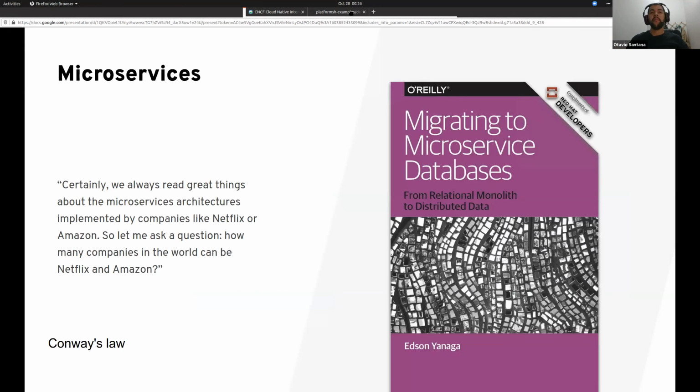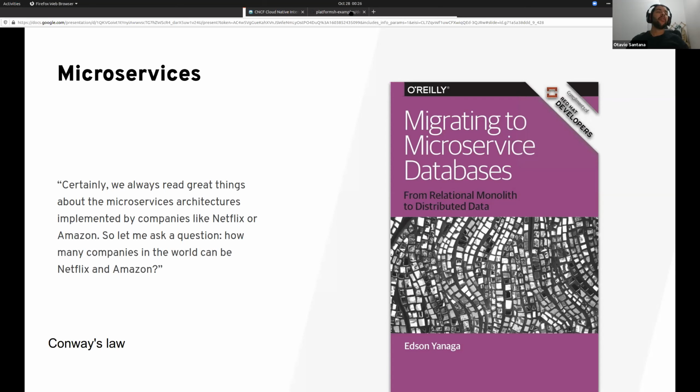I previously mentioned microservices. And here you go, there's an amazing book from Edson Yanaga, a friend of mine, who right now is working at Red Hat. And he says that just because Netflix or Amazon decided to use it, that does not mean that you need to use it, because probably you have a different size of company, different kinds of requirements.